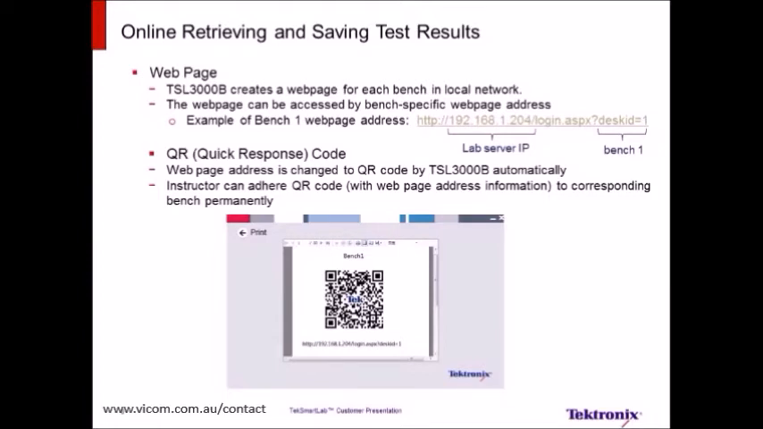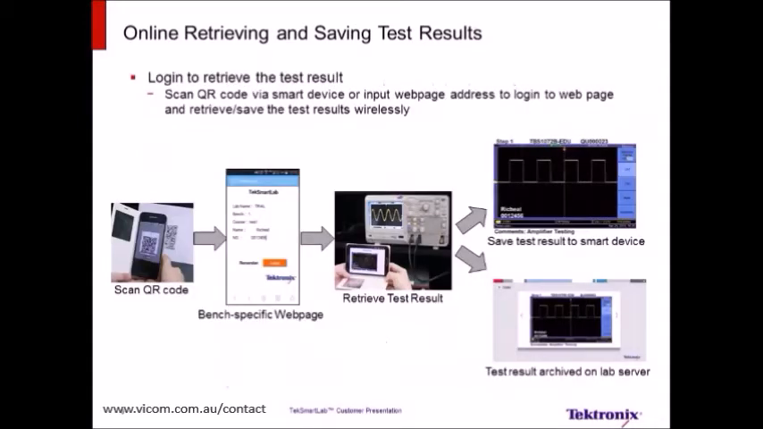QR code applications are quite popular among students, and many have smart devices with cameras to support QR code scanning. The TSL3000B integrates the QR code generation function, so those bench-specific web page addresses can be converted to QR codes automatically. Then instructors or lab managers can easily print the QR codes and affix them to the corresponding bench. With the QR code on the bench, students can log into the bench-specific web page to retrieve and save test